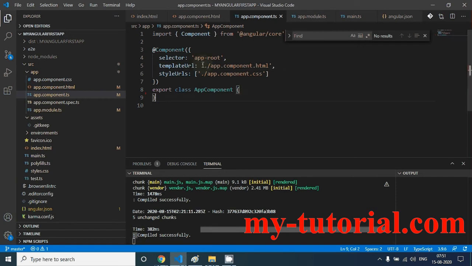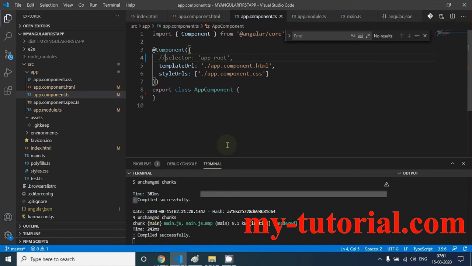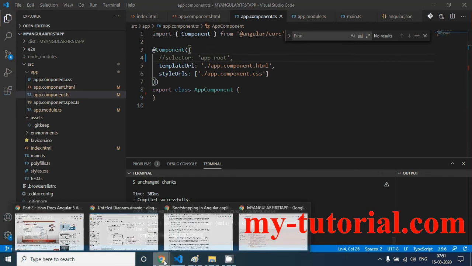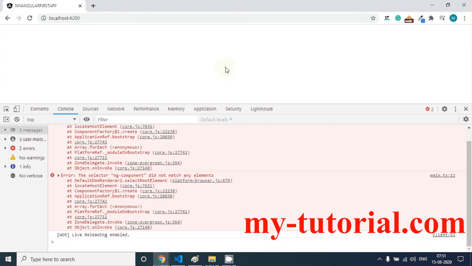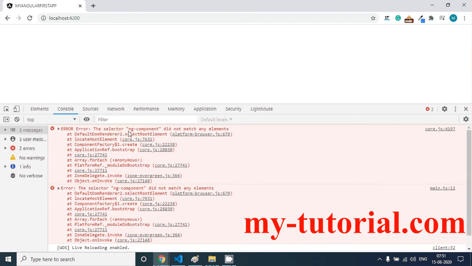Let me also prove one more thing. Comment this selector and press Ctrl S. You see that our application got compiled successfully because there is no syntactical error. But if you come to our browser, you will see here that the selector ng component did not match any element.